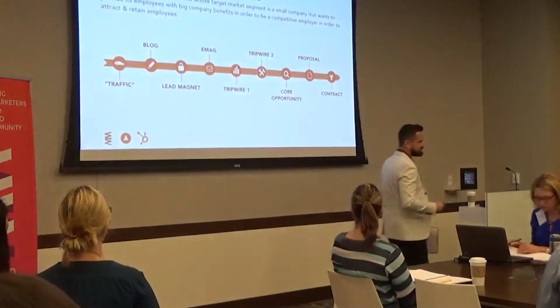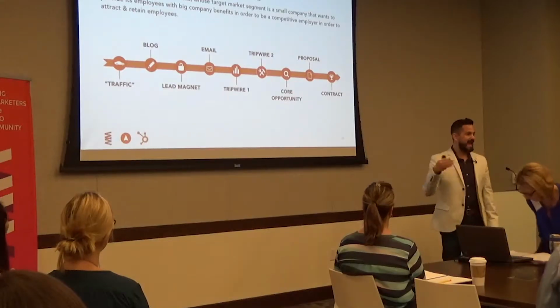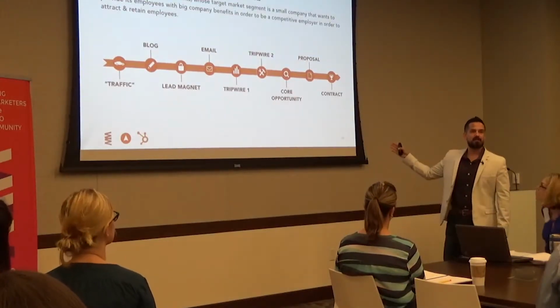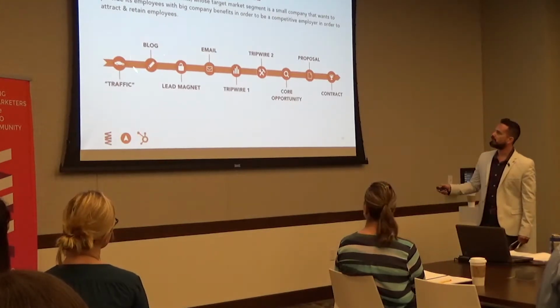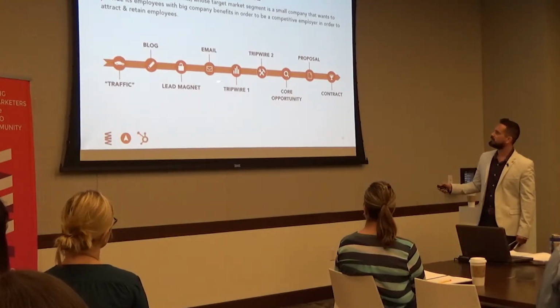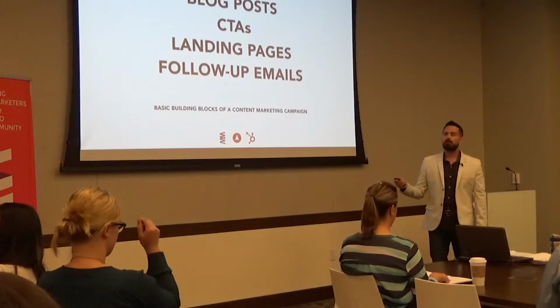So let's revisit our marketing funnel and look at the stages we're going to take people through. And what we need to do now is we now need to build out the assets to support this kind of campaign, okay? And so we're going to talk about things about the blog and the lead magnet and the emails and how you build out the landing pages for these things and so on. Here are the core building blocks that we're going to work on. Now you can do a lot more than this, but to get the basic campaign going, these are the basic